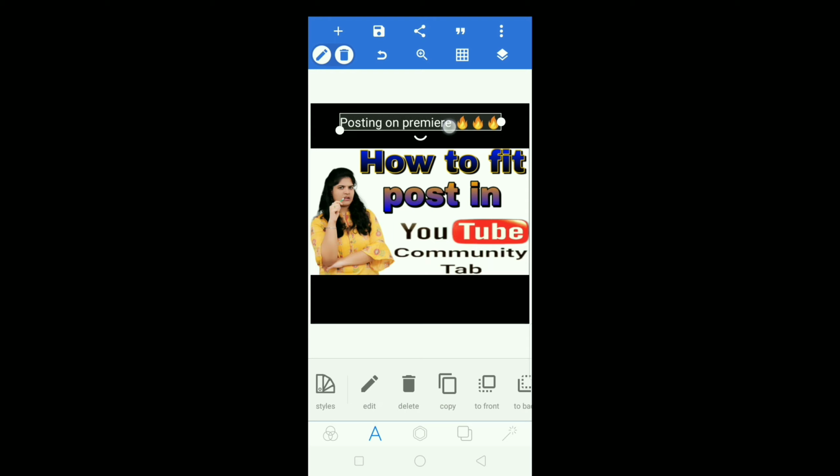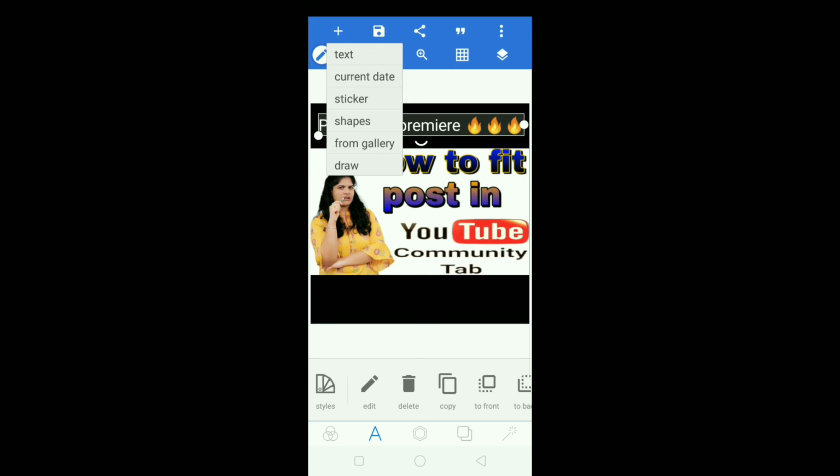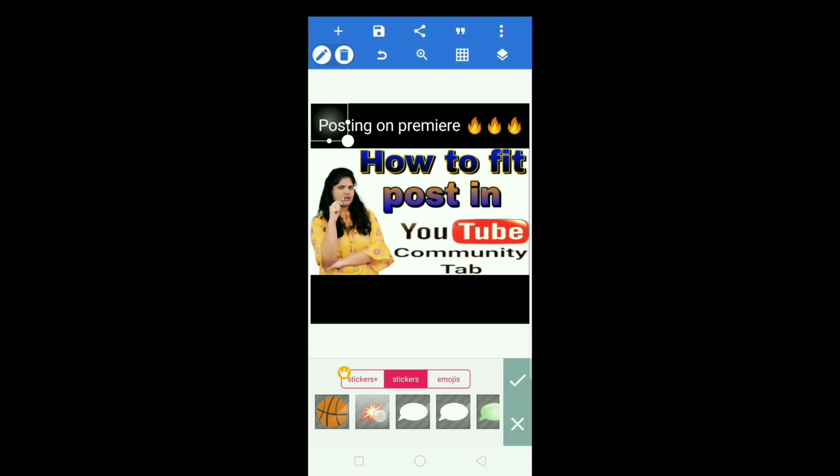And now I'm trying to adjust this text on the post. You can also have many other stickers and shapes. I'm just clicking on a sticker. I like this sticker personally. I am trying to insert it at the end of my post. And yes, after fitting it,